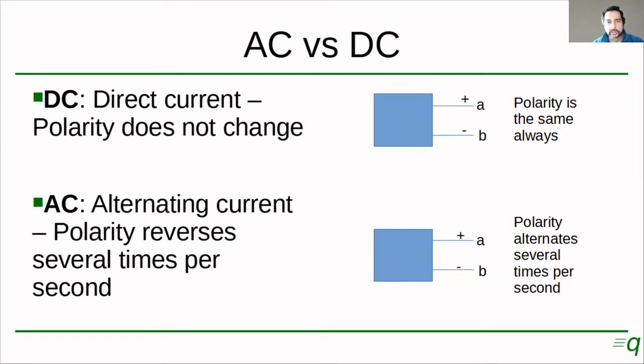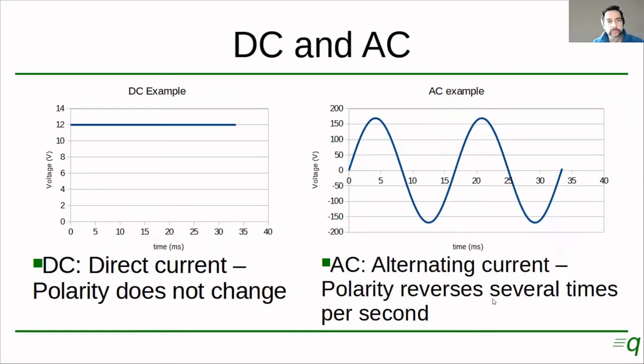So for instance, let's say that at some point in time, A is positive and B is negative, okay? Now, an instant later, it may be possible that A is negative and B is positive. So the polarity has reversed. And again, a few milliseconds later, A is going to be positive again and B is going to be negative again, right? And so on. And then it will change again. A is negative and B is positive. So if we plot those voltages over time, we're going to see that